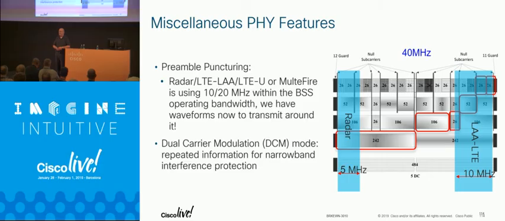That's a cool feature. It could also lead to better DFS rules because radar signals are very narrow. And if they're not skipping around, you don't have to wipe 20 megahertz off because you got a 1 megahertz radar pulse. Dual carrier modulation. This gives us something too. In harsh environments for long distance, this is one of the IoT benefits, but it's good for anything at long distance, right? I can modulate 2 RUs at opposite ends of that frame in the spectrum, 2 different frequencies. Doubles the chance of getting through.